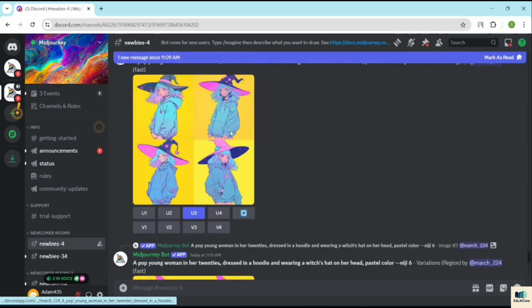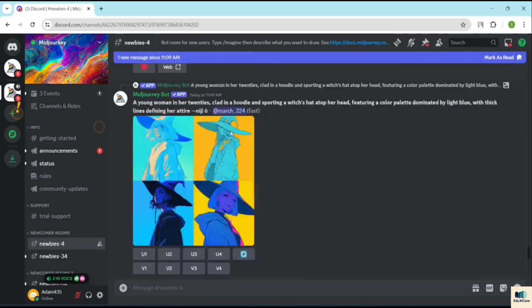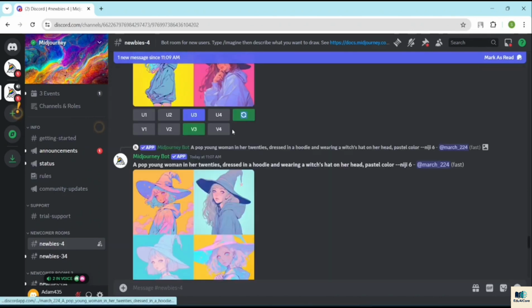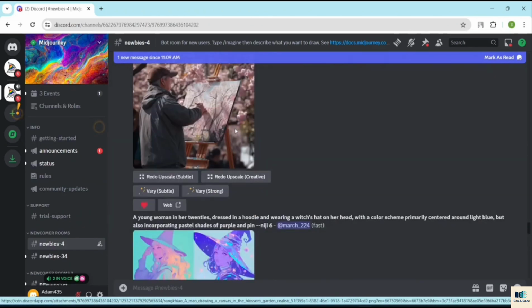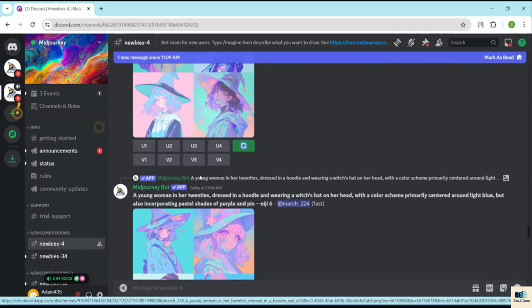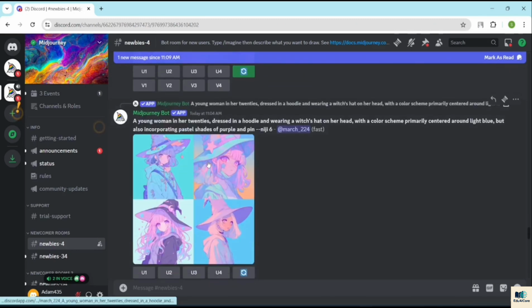You can see the image which I had, they are working on that as well. So the first image which was created was this particular image, and from there again